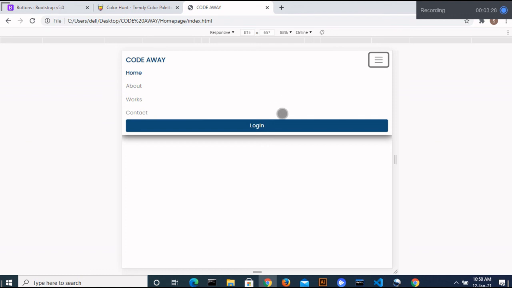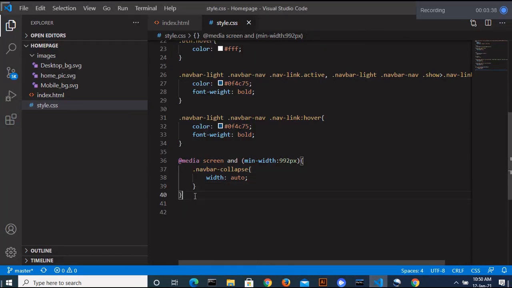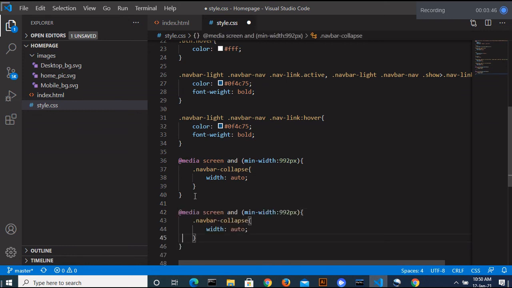It looks fine. So the next thing is I want the navbar to be aligned center. For this, let me create a media query of maximum width 992 pixels, that is the mobile view. So let me change it to maximum width.